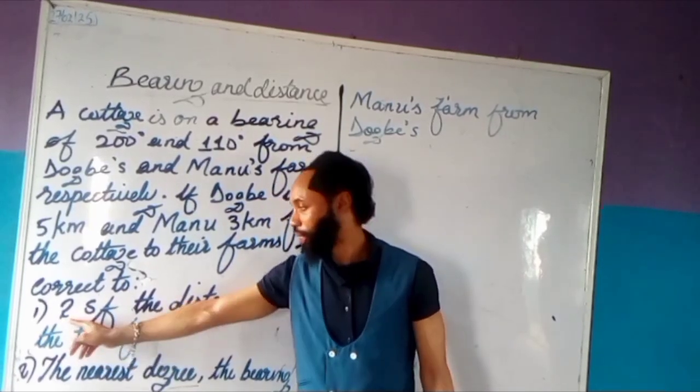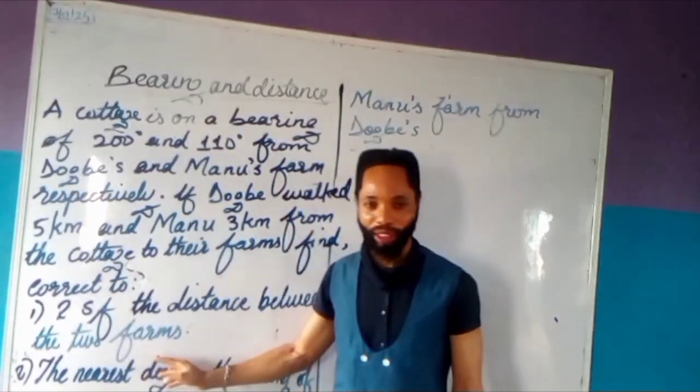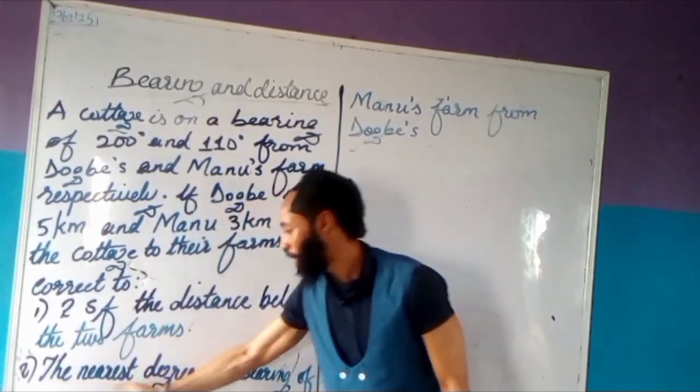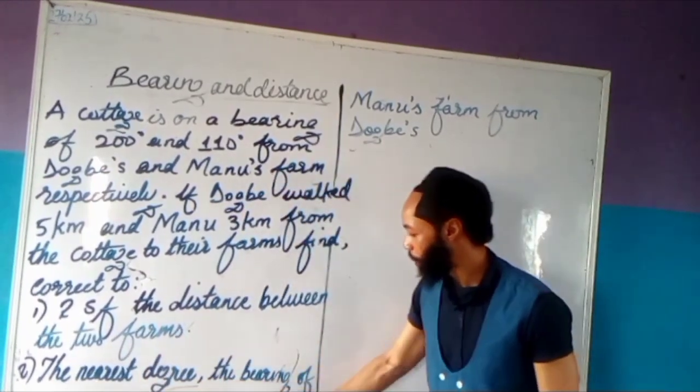That's what this SF signifies. Two significant figures. The distance between the two farms. Number two, find, correct to the nearest degree, the bearing of